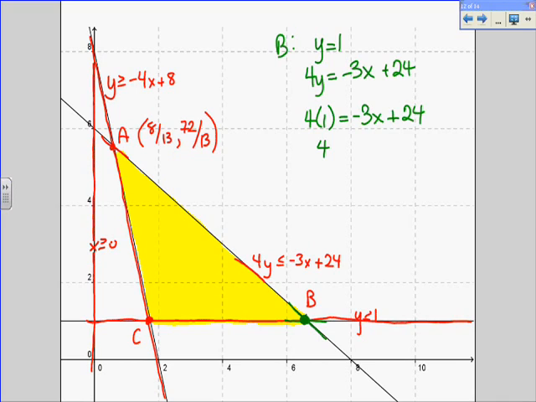I end up with 4. And I'm actually going to minus that 24 from both sides. Do a couple steps at once. So 4 minus 24,